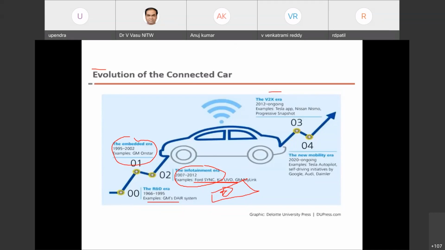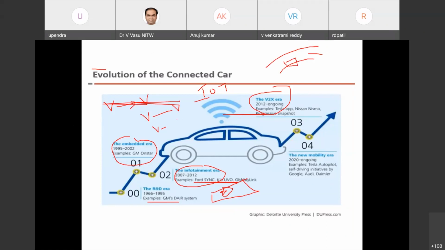Okay, so now at present we are coming into the era called the V2X era. In this V2X era, IoT sensor based communication is mainly used, where the cars are able to communicate with V2X, meaning vehicle to vehicle. So vehicle to vehicle communication, V2V, will be there, and we can also have vehicle to structure. That is, suppose this is the road and the vehicle is moving like this. Okay, and a particular turning is going to occur,